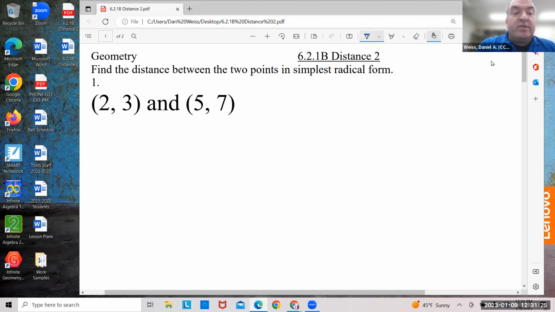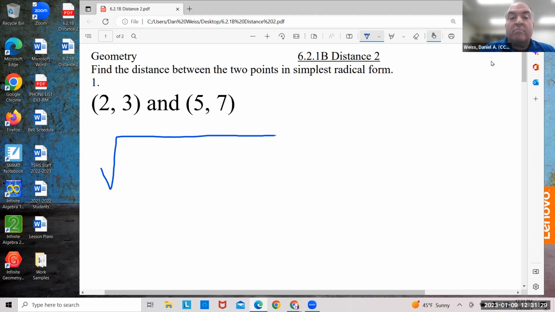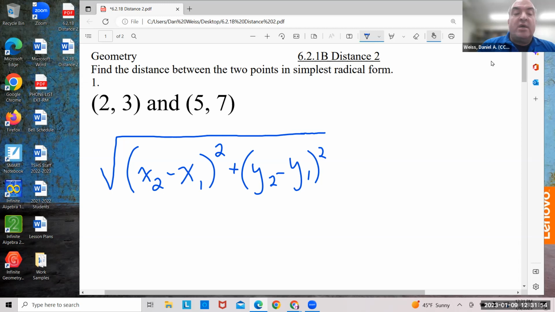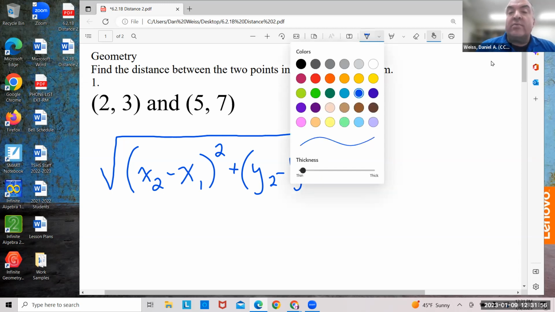I want you to take the square root of x2 minus x1. It doesn't matter if you do x1 minus x2 squared plus y2 minus y1 squared. What the heck am I talking about? Well, here's what you're going to do. You're going to take the square root of,